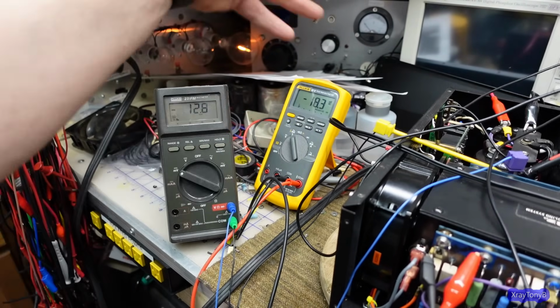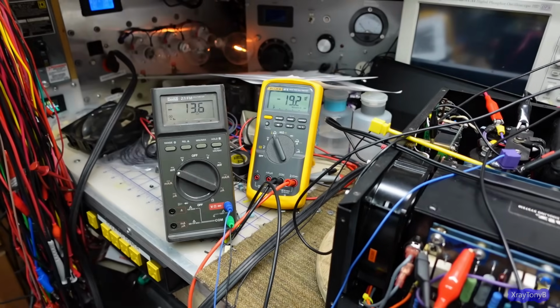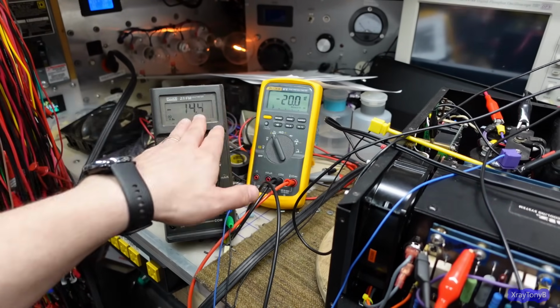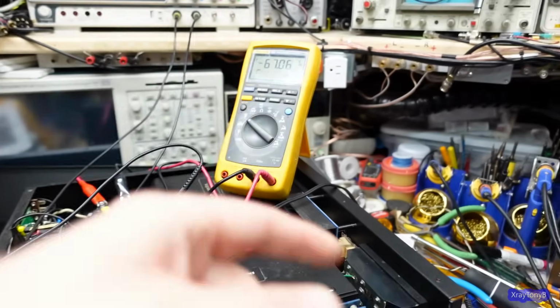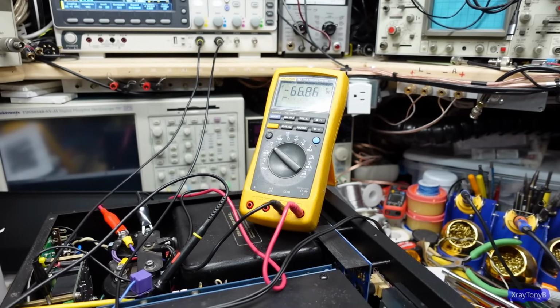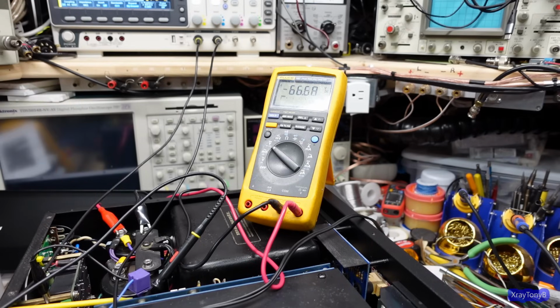Don't mind the plus or the minus. It's just I stuck the probes on there however they were. I don't care about polarity right now. I just want to see the actual. I don't want these to be volts. They should be millivolts. We have 67 volts on each rail right now. And this can do up to, I think it's supposed to be 86 volts. So it's still running only at about 70% or so, give or take, of what it should be. But anyway,